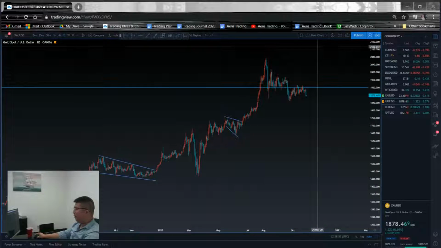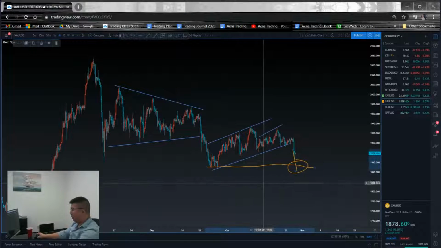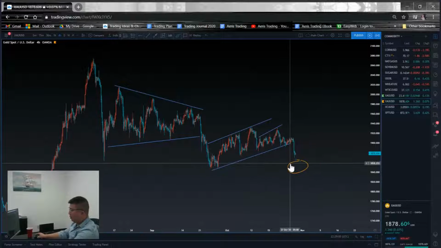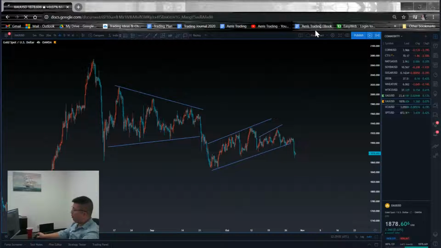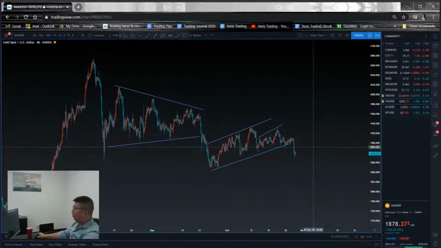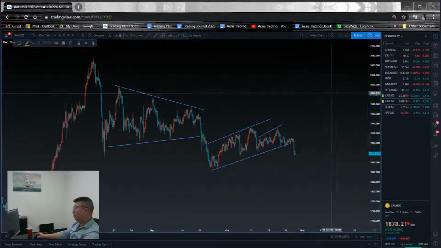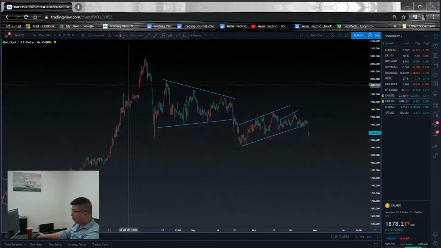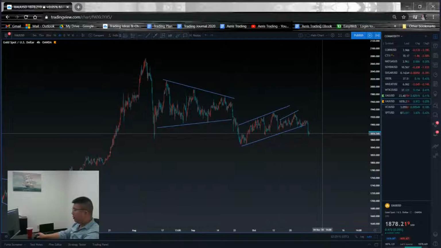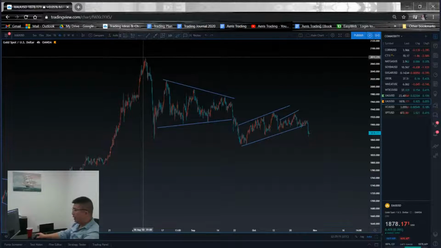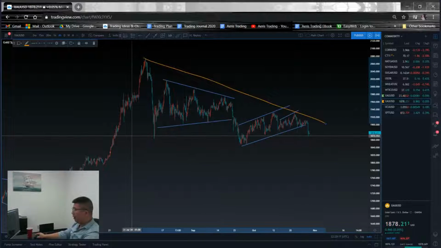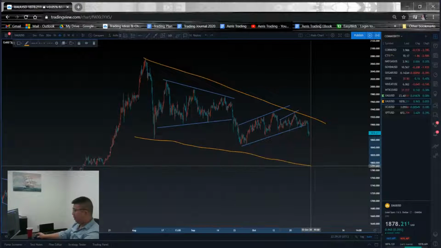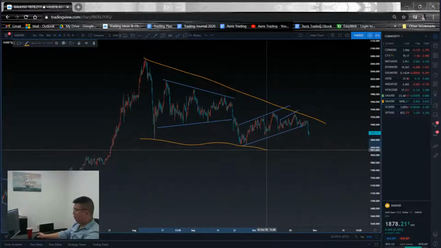So you have to be careful on that, especially because gold is heavily correlated with the dollar, right? If the dollar gains strength, then gold will drop, and if the dollar loses strength, then gold will likely rise. So be a little bit more careful if you're in the trade. I personally am actually more